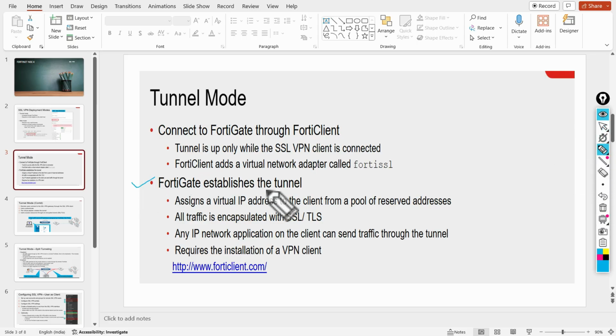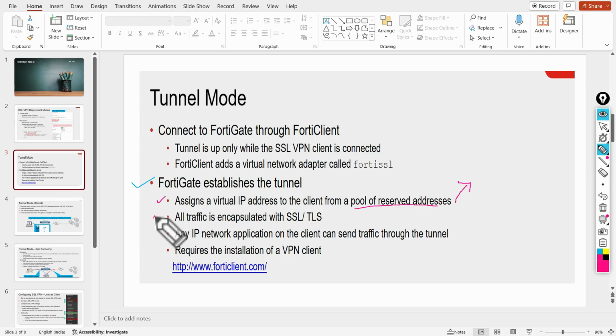Now FortiClient establishes the tunnel and assigns a virtual IP address to the client from a reserved pool. While configuring the tunnel mode, we have to assign an IP address pool on the VPN profile. During the establishment of SSL VPN, FortiClient will take one of the IP addresses from that pool which is reserved for the VPN users.